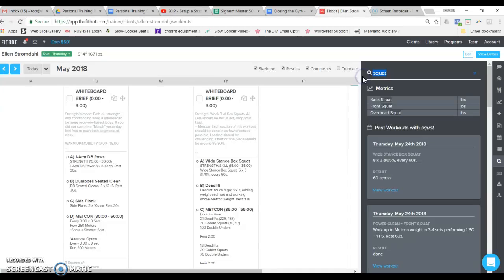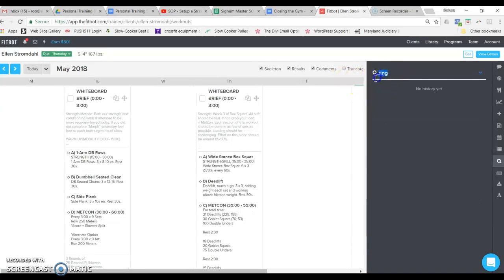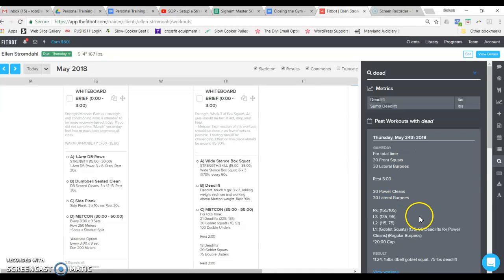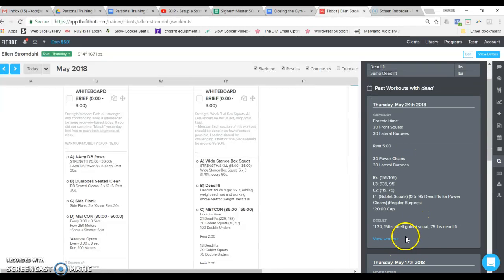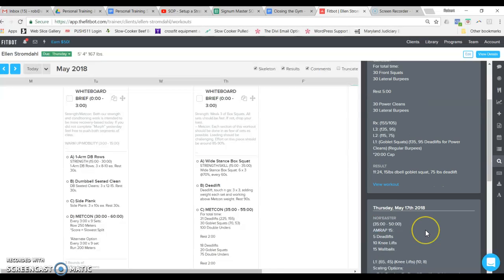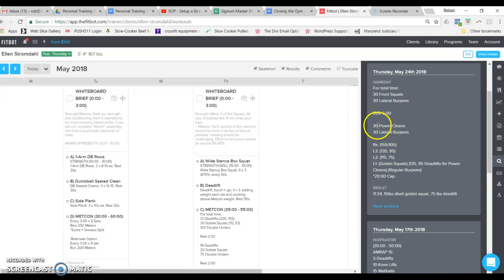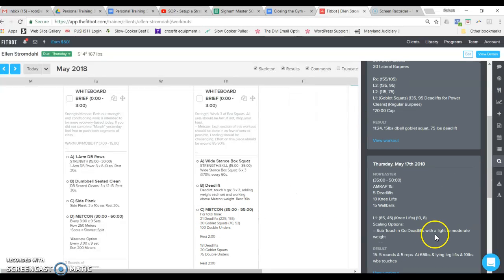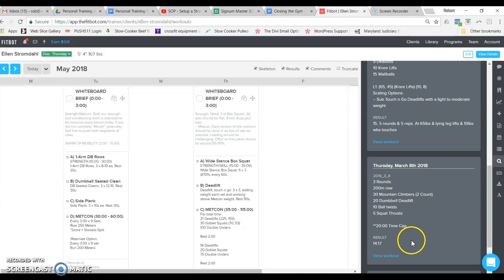So for example, some other things you can do for the search function, so we have deadlifts for that day, and let's pause. She's obviously not going to do 155 pound deadlifts, but if I just search on dead, I can see that right here she did a 75 pound deadlift as a sub for power cleans, and that time it was 30 of them, so maybe she could handle that right here. Before that she had done